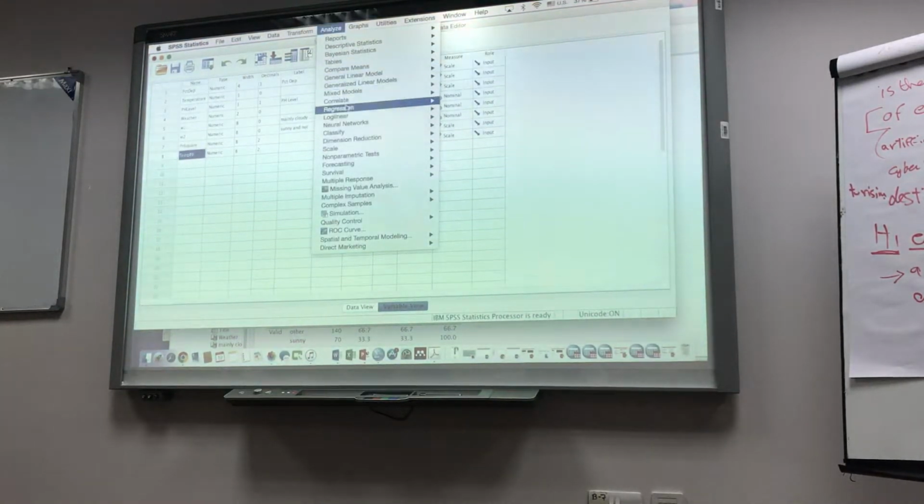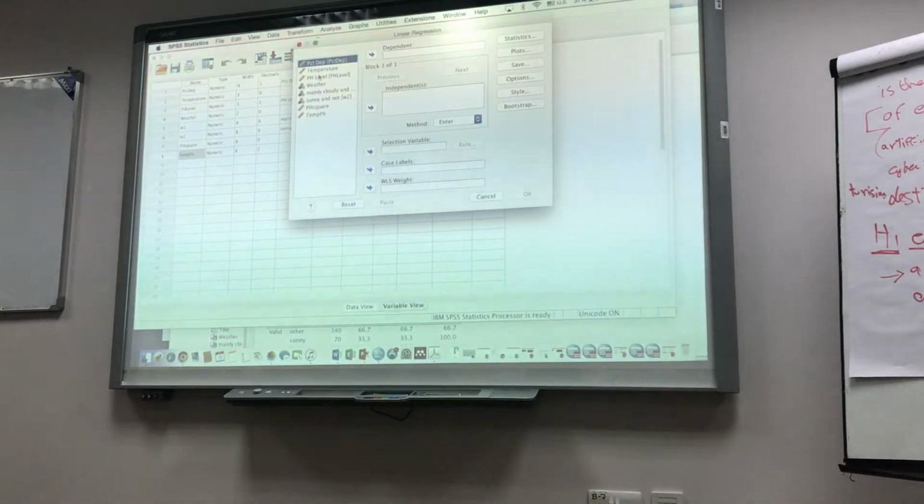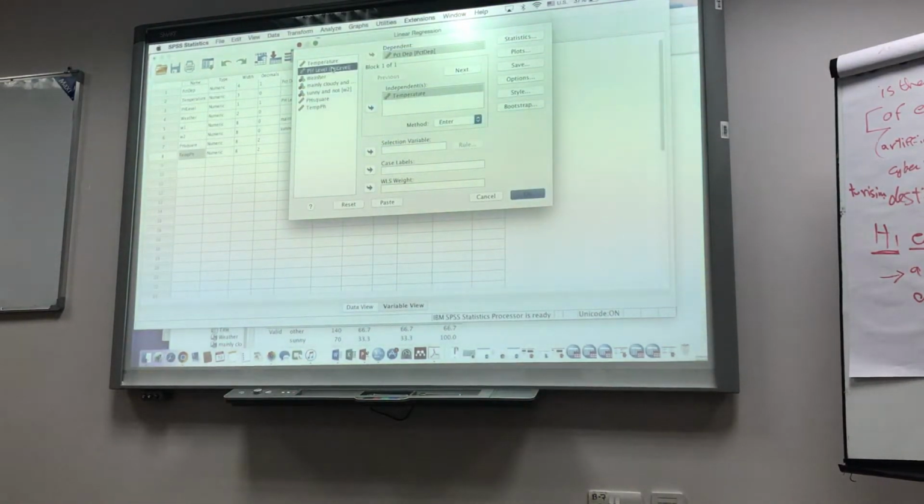So now we can run the regression model and click on the linear. We put the percentage of depletion of the chlorine into the dependent variable, and the rest of the variables all into the independent variable, except weather, because we have 2 dummy variables for the weather.